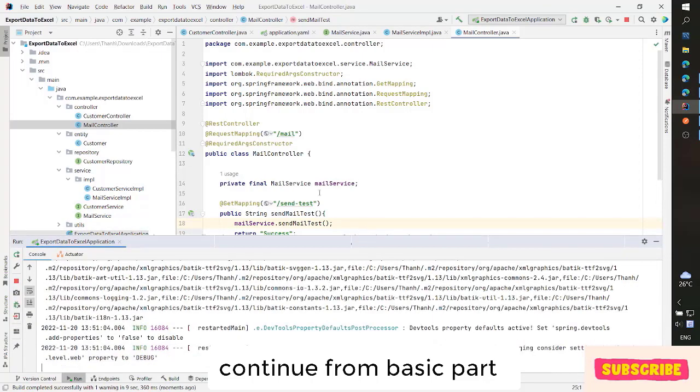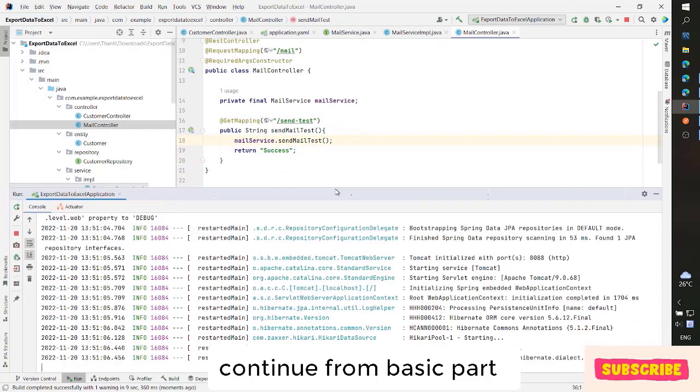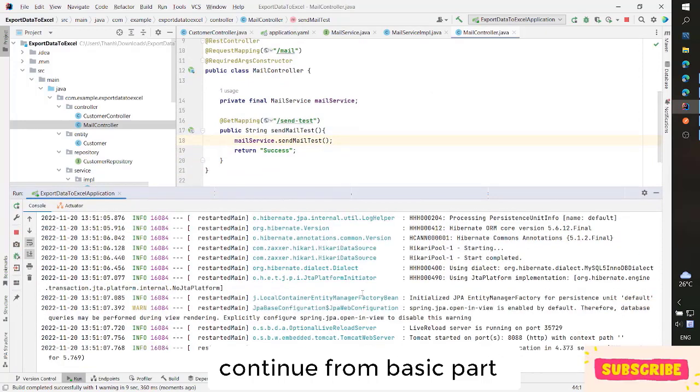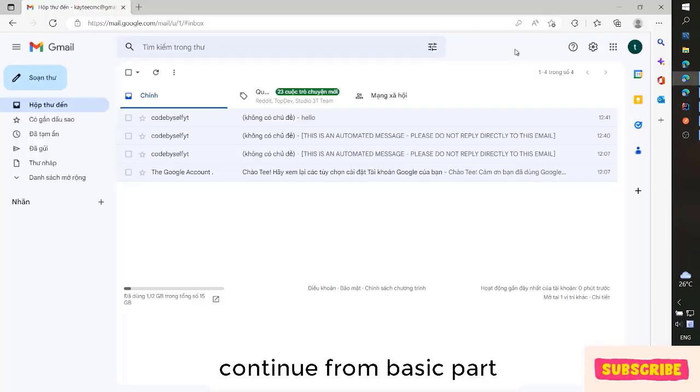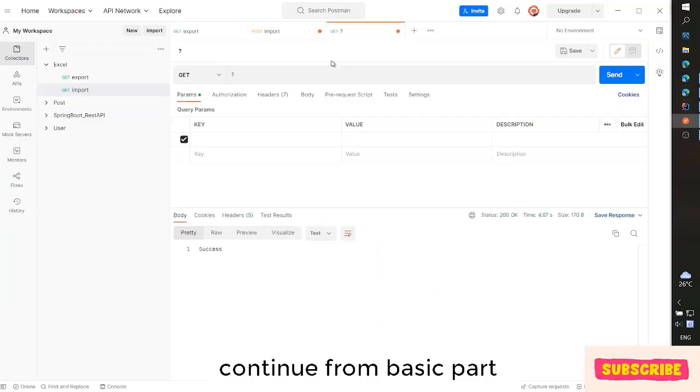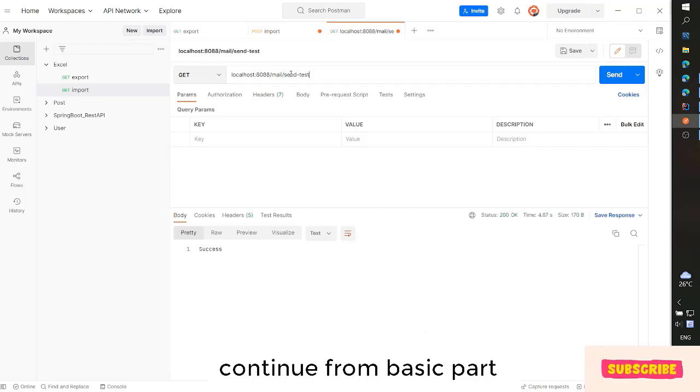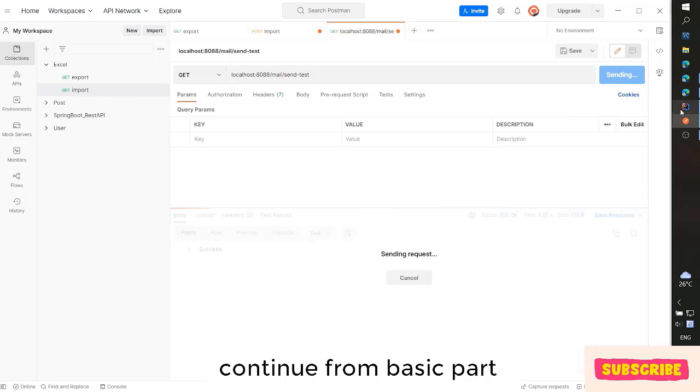Here you can see the project has run successfully. So in Postman, here is a KT CMC Gmail. Now I will get the request here, copy it here, mail send test. So now I have clicked send